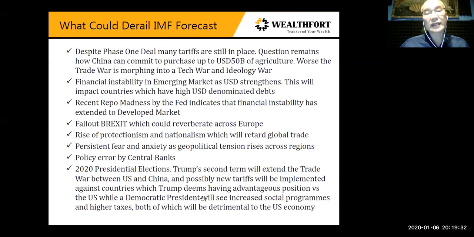Now, let's say a Democratic president is elected. Then we will see increased social programs and higher taxes, both of which will be detrimental to the US economy. Some of the leaders like Bernie Sanders and Elizabeth Warren have already stated that they are going to forgive student loans. Student loan debt is to the tune of $1.7 trillion. If they forgive this, all this debt will be wiped off. If the US decides to wipe off a large chunk of the debt, that would actually undermine the US